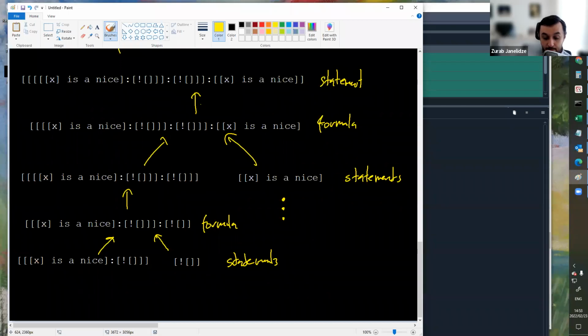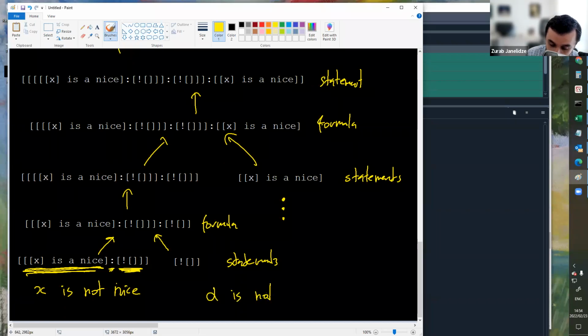Okay, so let's now try to understand what we're talking about here. So we're saying here, if X is nice, then absurdity, right? This is the way we say when something is false, that we already said before. So this whole thing basically says X is not nice. If it was nice, we could derive from it absurdity, and that's exactly the meaning of something not being true. So in general, when I want to say that alpha is not true, in mathematics, the way we say this is that from alpha, we can derive falsity.